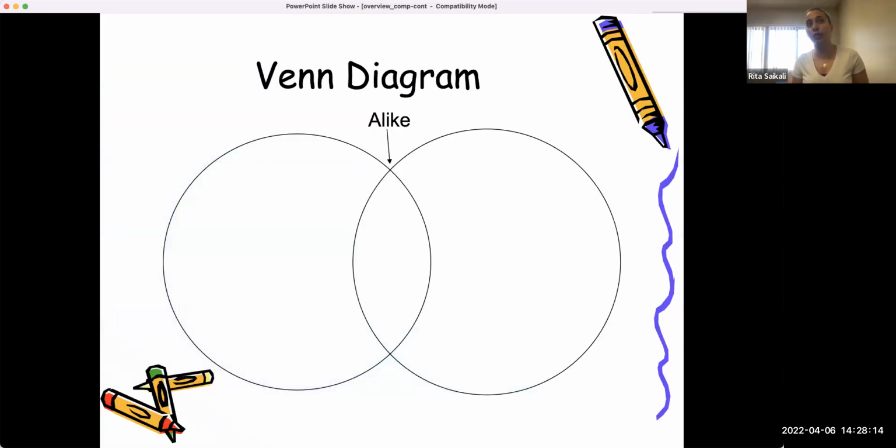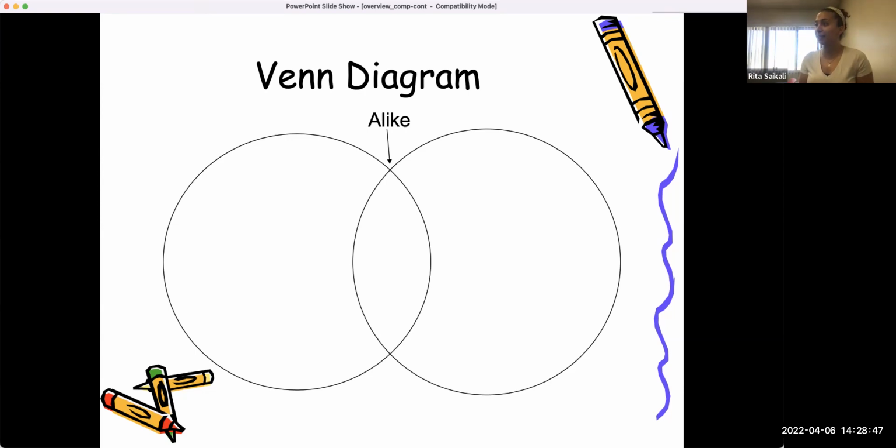Another thing that you can do to show the similarities and the differences is something called a Venn diagram. I don't know who Venn is. I don't know if it's a name, but somebody came up with it, and I presume their name was Venn. I don't know. But basically, it's two circles that overlap. The sides that don't overlap are the sides of the differences, and the sides that overlap are the parts where